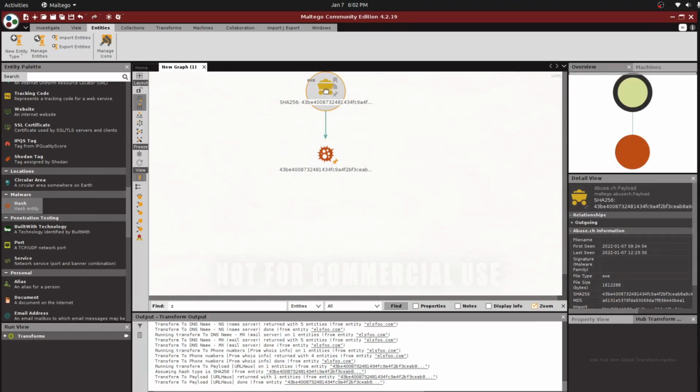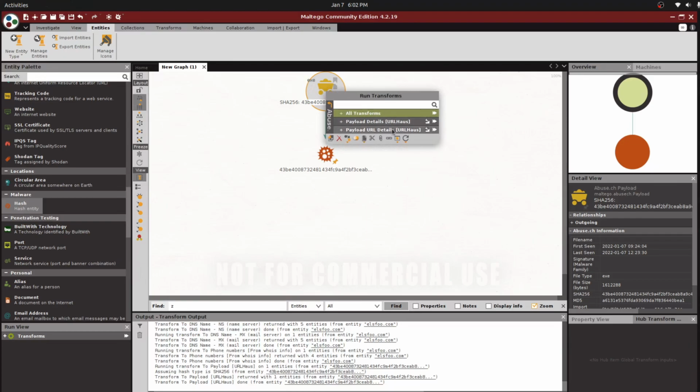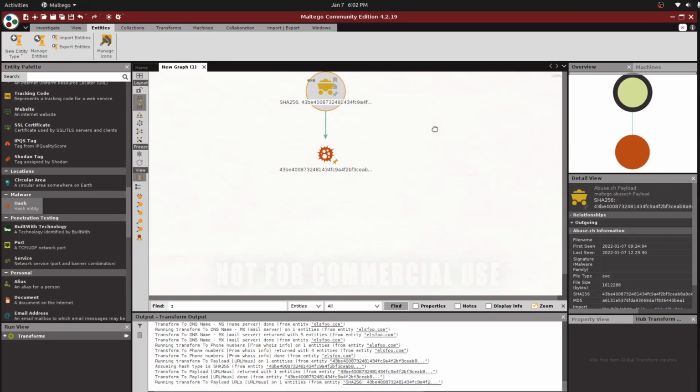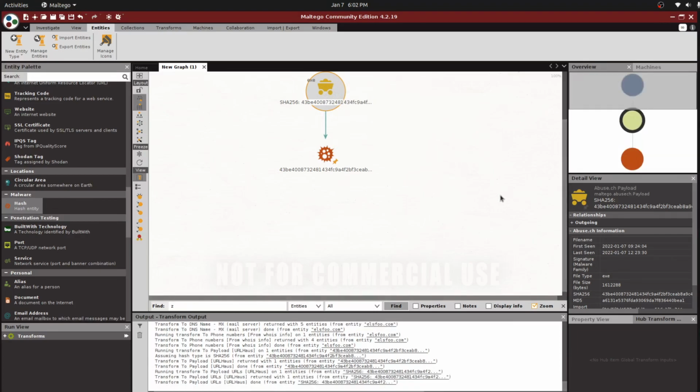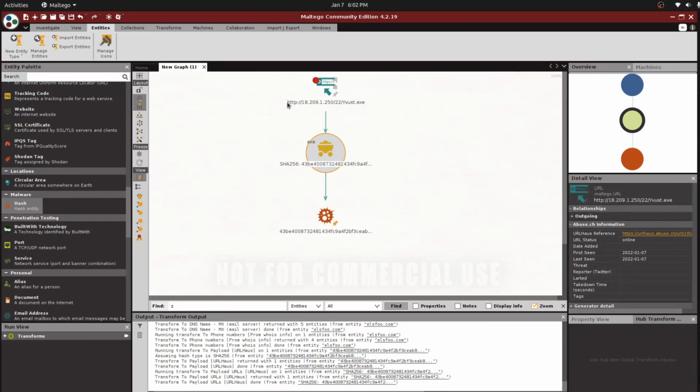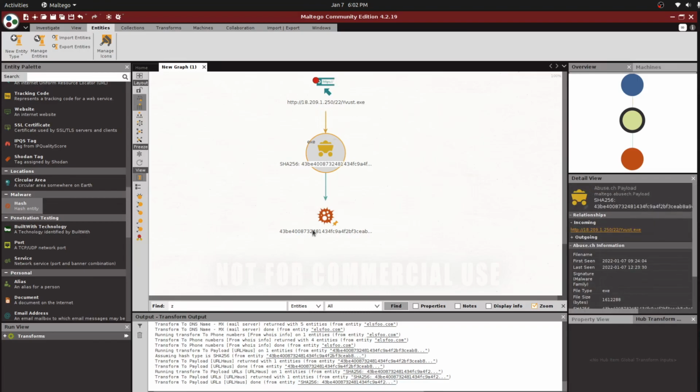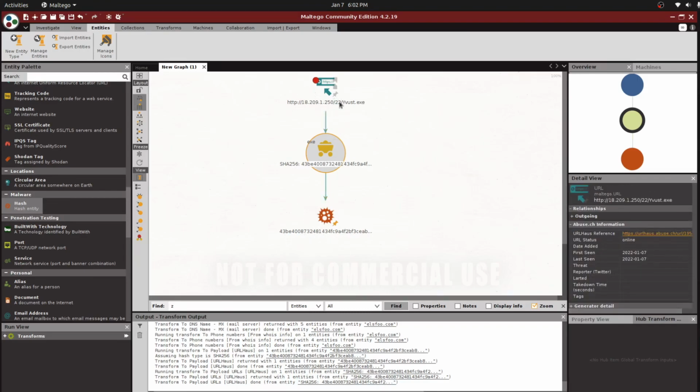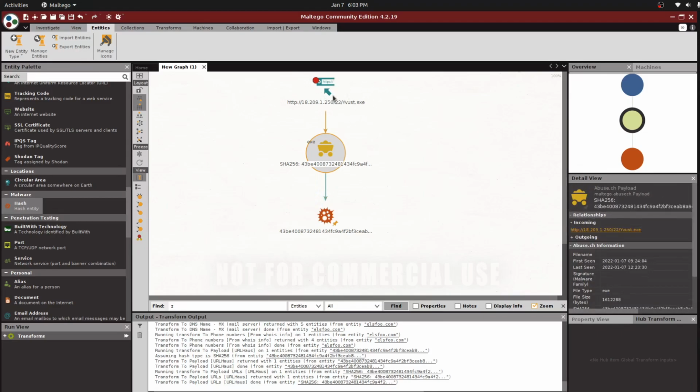It again gives me one particular hash and says it's an executable file. Let me check another detail, the URL detail. Now I got another link where I can see this particular file's source URL. So this seems to be the URL supplying this particular file.